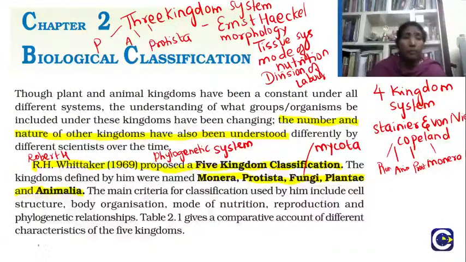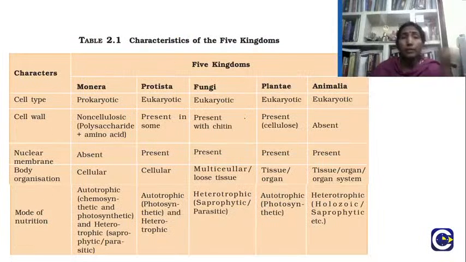So in the exam, how will they ask on this? On what are the characteristics that Whittaker took and he classified. They can give some options, and you should know to pick it up. They can also ask what was the drawback with the three kingdom, what was the drawback with the four kingdom, and such questions they can put forth.